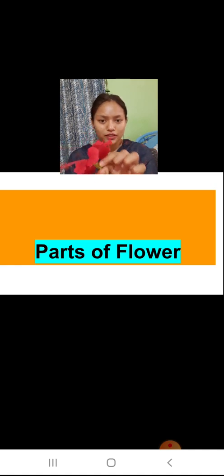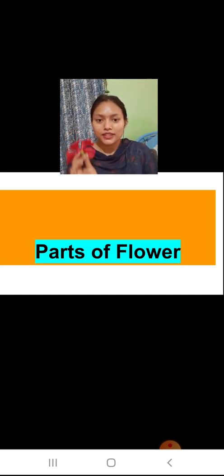You will explain all in detail, that this part is here. You can break the flower also. I have already broken a flower here. Like this you can show, these are petals, these colored parts present here. This green portion that is present here, these are sepals. You can explain. Now, detailing you will do after this. So first of all you will explain this part.